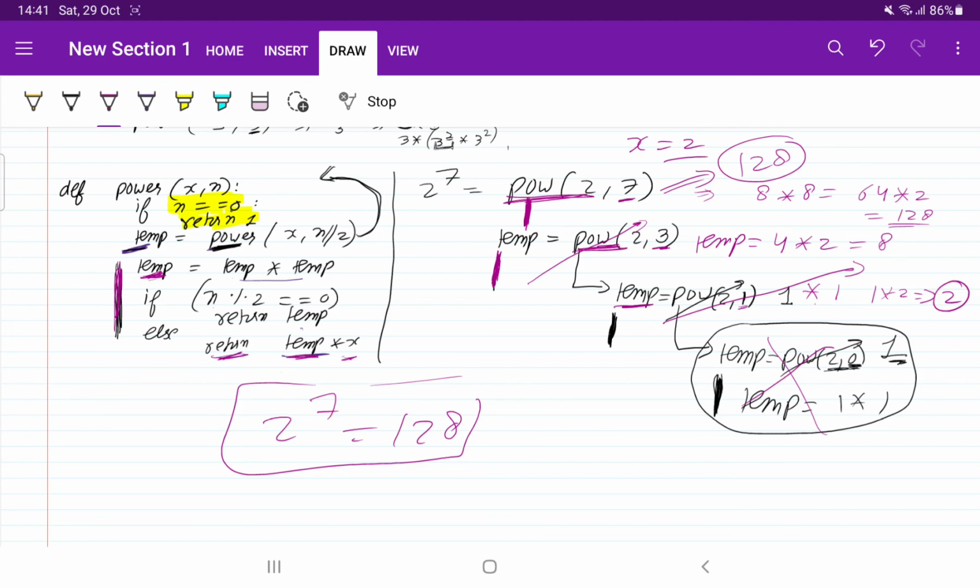Okay, so it will reduce our time complexity to theta of log of n, because here we are doing the recursive call. For the recursive call, it takes log of n time because it depends upon the height of the tree. So for recursive calls, I will teach you how to find the time complexity. For as of now, just remember that if it is a recursive call where the power is reducing to half every time, then it is theta of log of n time complexity.